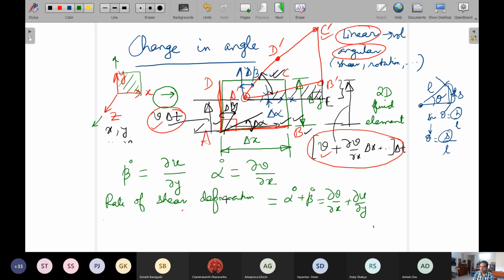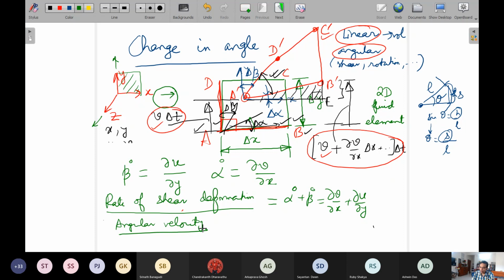have some angular velocity. Again, the challenge in defining the angular velocity is that it is not rotating like a rigid body, so that whatever AB is rotating by, the same is the rotation of AD in the same direction. That is not happening. So angular velocity has to be defined artificially. This is the first thing, because you do not have a well-defined angular velocity of the entire fluid element, simply because different parts of the element are deforming and rotating differently.